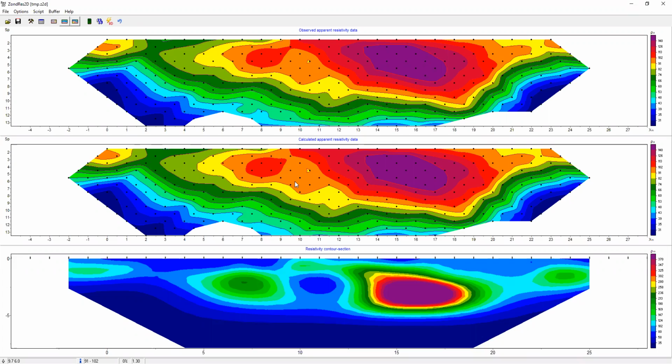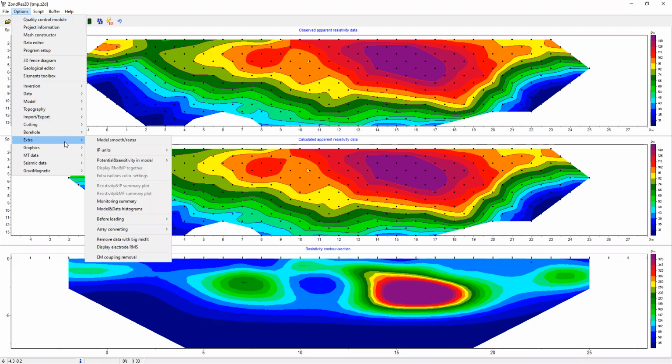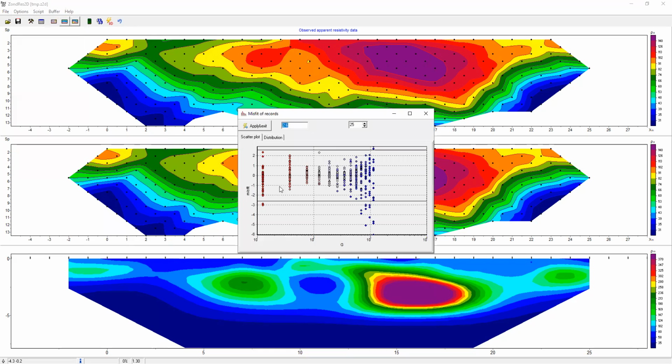But if for some reason we don't like it, if there is a larger misfit, we can still process the data post-inversion. So we can do post-inversion removal of bad data points. This is done by using another small module, which is opened by using this command in the extra submenu, remove data with large misfits. So in this module, the misfits for all our data points are plotted here based on